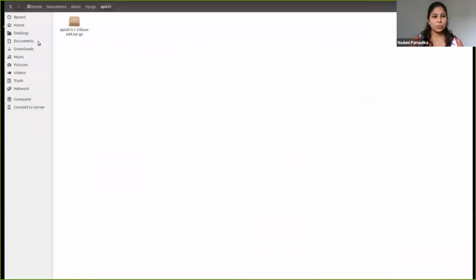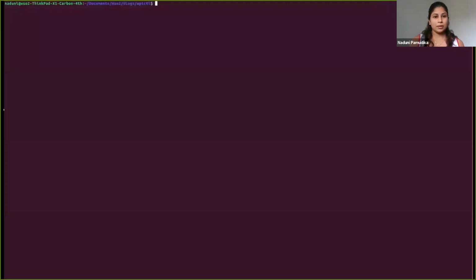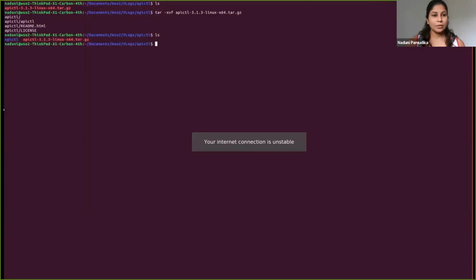So this is the tool I just downloaded. Now I'm going to the command line. I'm going to extract it. So it gets extracted to an API CTL folder, and from there now we have downloaded the tool. So we are going to